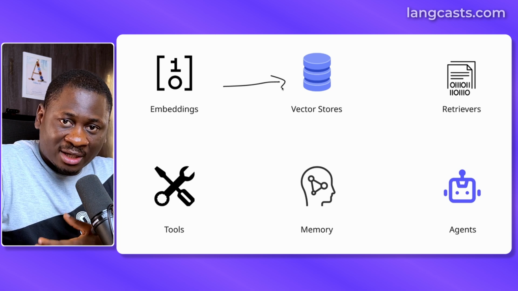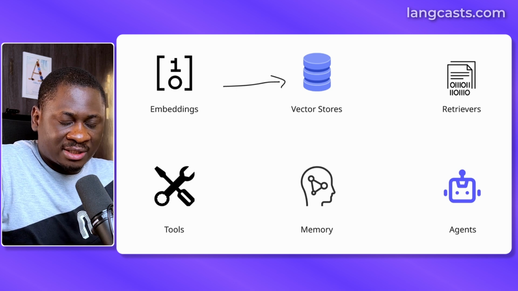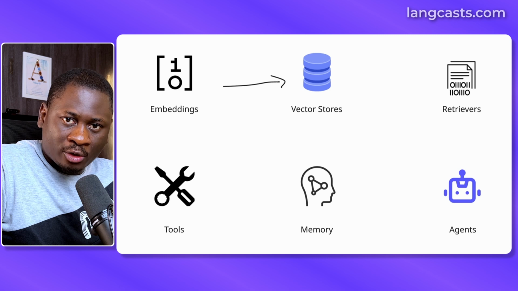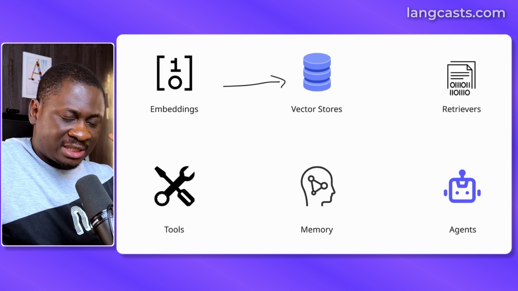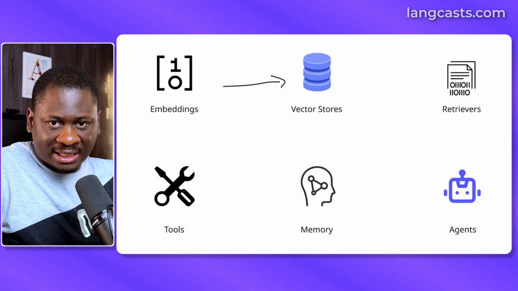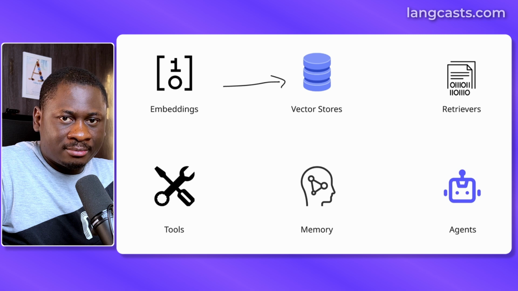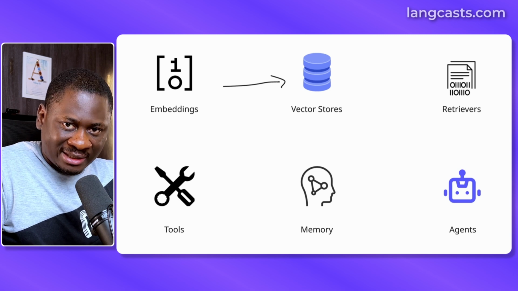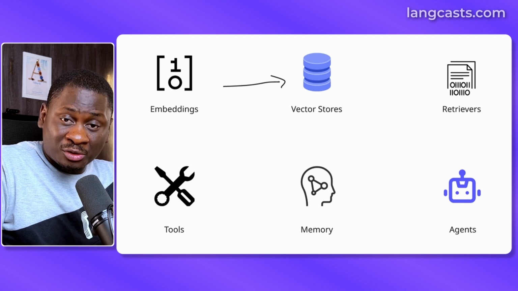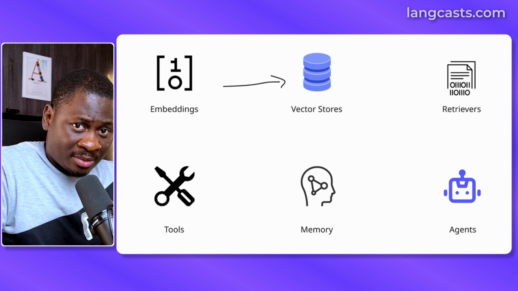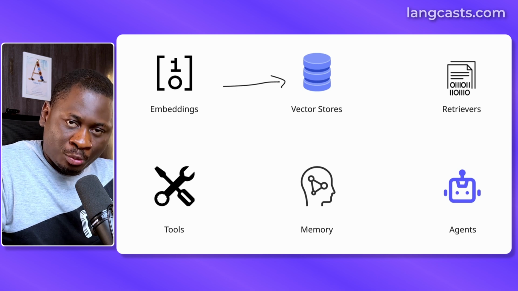Which is another interface that LangChain provides for us. LangChain provides vector store interfaces that we can use to interface with different popular vector stores like Chroma, Weaviate, and Pinecone. What vector stores basically do is store embedded data. They store them based on how they are related to each other, based on meaning, semantically. You can also search them by keyword. They provide capabilities for that, but most of the search is a semantic search, which groups together data